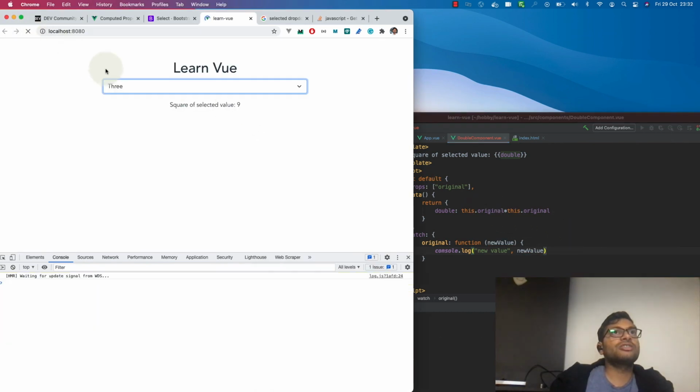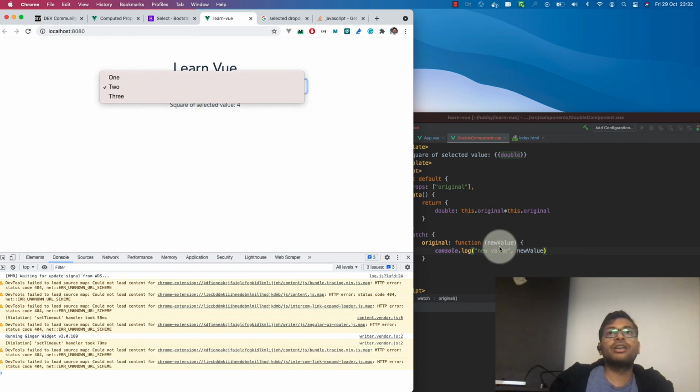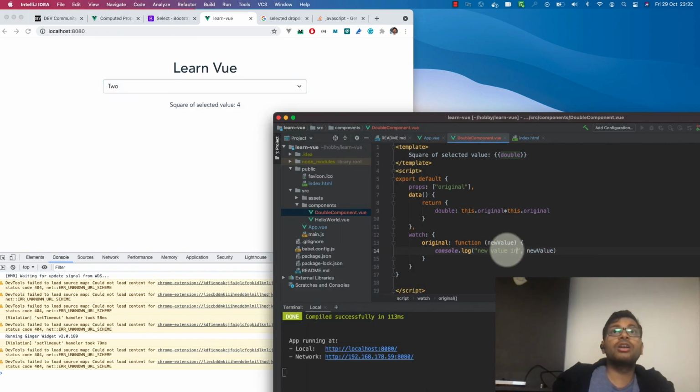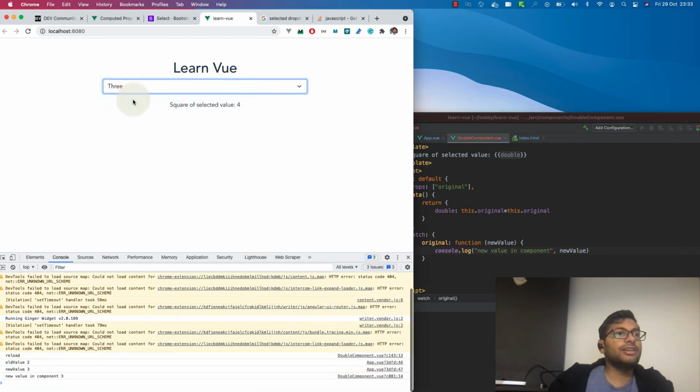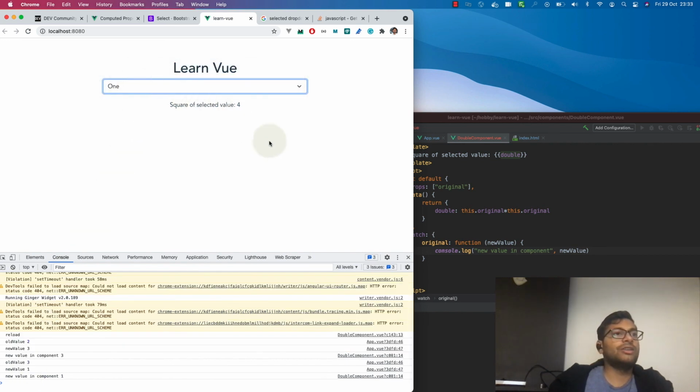So first refresh this page, 2 is selected. Now let's select new value in component, and so if we just select 3, so you can see that new value in the component is 3, and if it is 1, new value is 1.